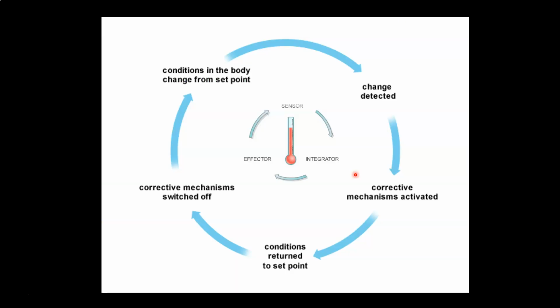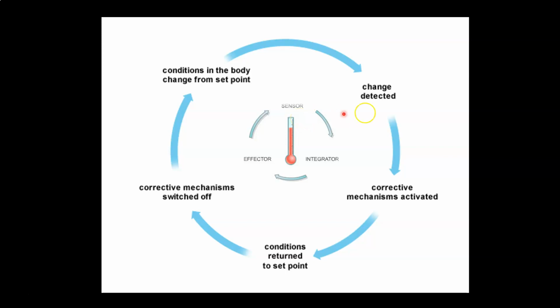So let's try to understand this homeostasis with respect to this particular diagram. Because of changes in the environment, the internal body is initially subjected to change. Because of that change, the body condition changes from this set point. The set point is the optimal level, the best ideal level, the textbook level. If the internal body conditions deviate from this set point, that change can be detected by a particular sensor, some sort of a biological sensor or sense organ inside your body,